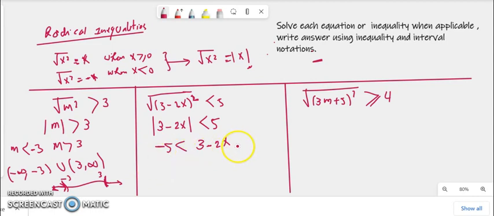That's theorem 2. And less than 5. And then what do we do here? We can subtract 3 from both sides. So minus 3 minus 5, that would be minus 8, less than negative 2x, less than 5 minus 3,